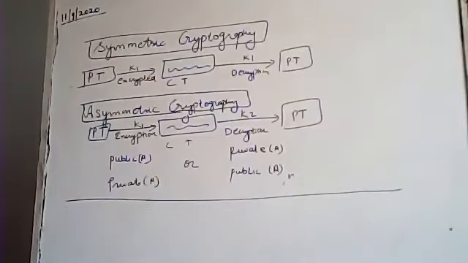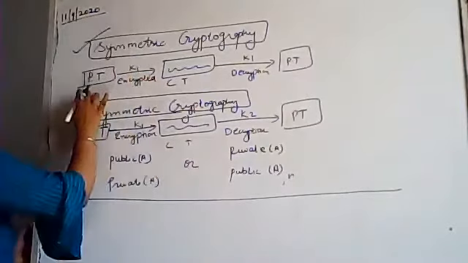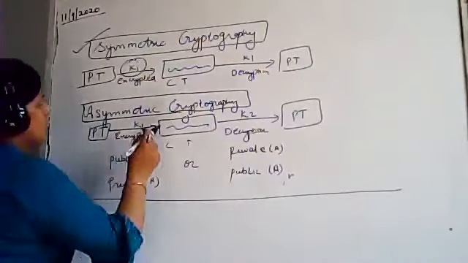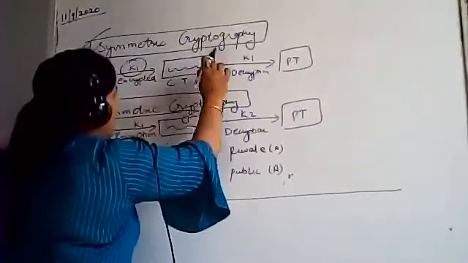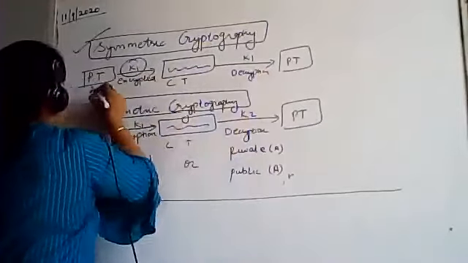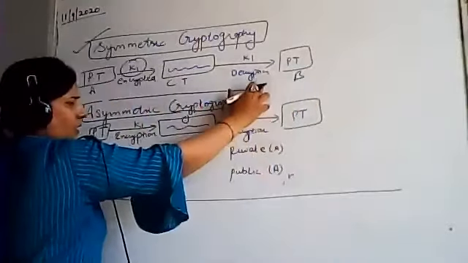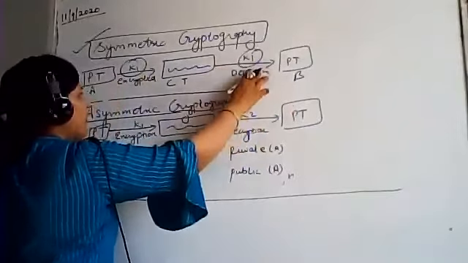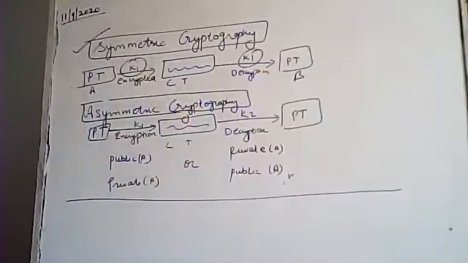So what basically occurs in this type of cryptography is that we have a plain text, and we encrypt that plain text with a key. Then we get the ciphertext. Let's suppose this is A and this is B. At the receiver end, the other person must have the same key, key 1, to decrypt it. So this is the concept of symmetric cryptography, the simplest kind of encryption technique, which involves only one key to encrypt and decrypt. This is how we can use this method.